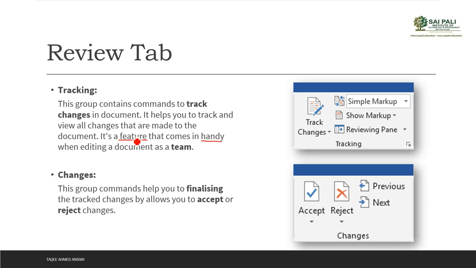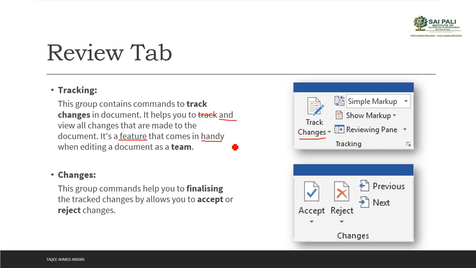Now when the author reads the document, he will decide whether to accept those changes or not. That can be done by enabling track changes first. So I am the author, and I want to give them the document to review. First I will enable this, track the changes. Then when you enable track changes, MS Word will start tracking the changes. Whatever changes they make, it will track, and if I delete something, it will strike that word, and if I add something, it will underline the word, like this one is newly added.